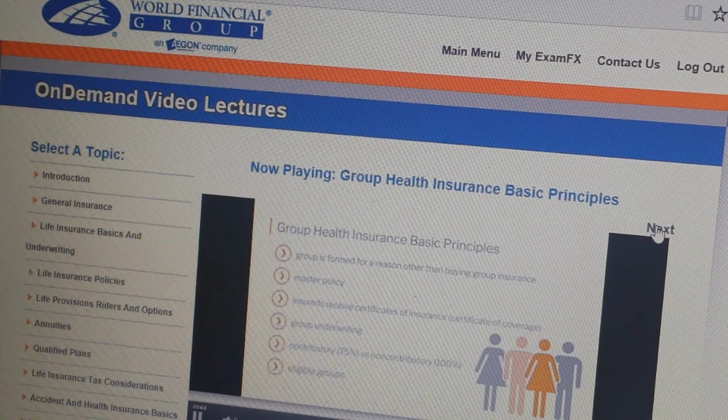What do they mean by eligible? Easiest one to remember, usually one of the biggest dividing factors on who can be covered and not is, are you a full-time employee instead of a part-time employee? A lot of times part-timers are not offered this kind of benefit. So for eligible, you would have to, for example, be a full-time employee. And then if